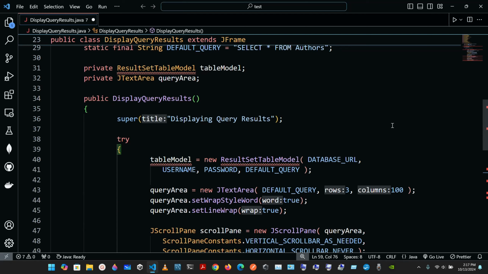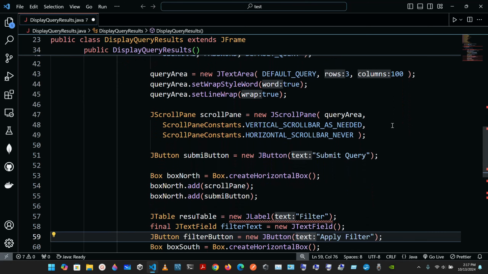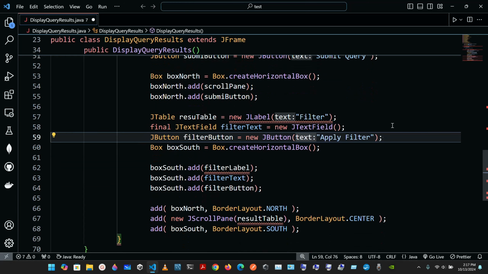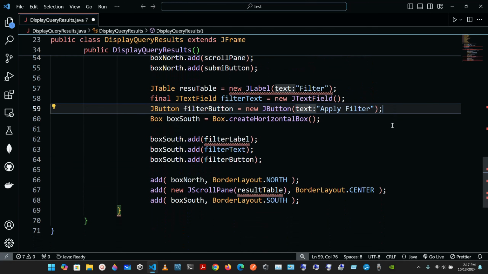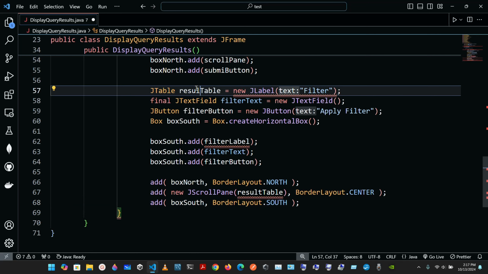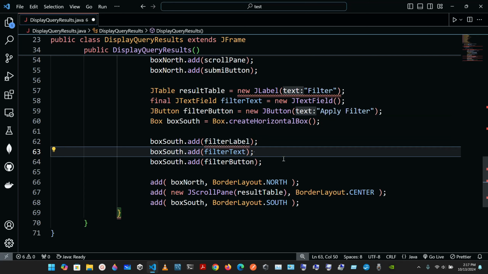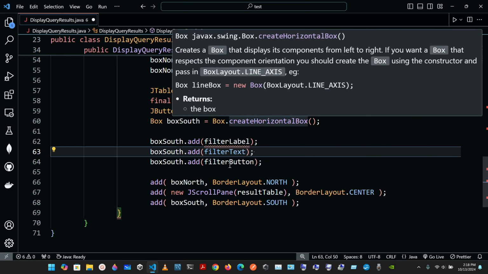ResultSet table model, ResultSet table, yeah, everything is fine so far. Filter label, result table, yeah, that's fine. Result table, here, result table, and this one is filter label. Let me see, final,